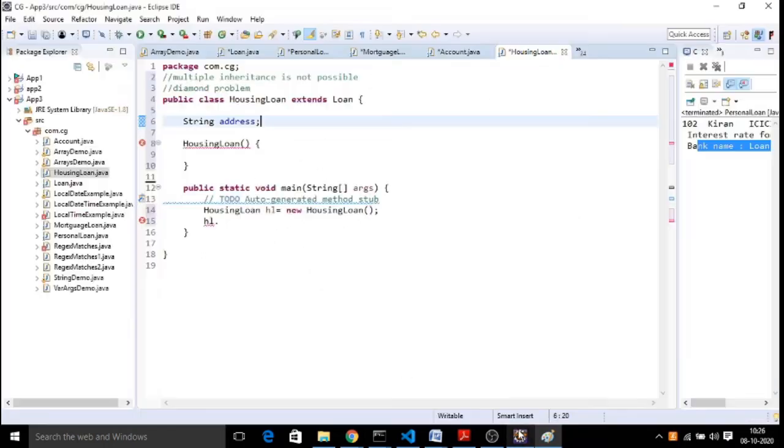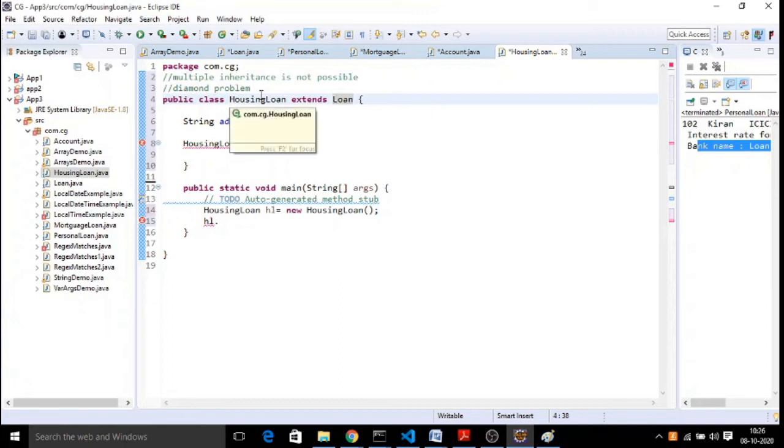So you cannot extend more than one class at a time. You should see this practically and read about the problem called the diamond problem. Everybody should be clear about this while you are learning the concept called inheritance. Right? So you cannot extend more than one class.